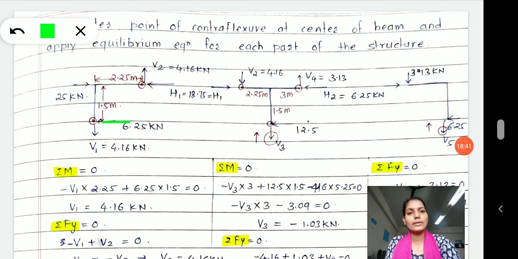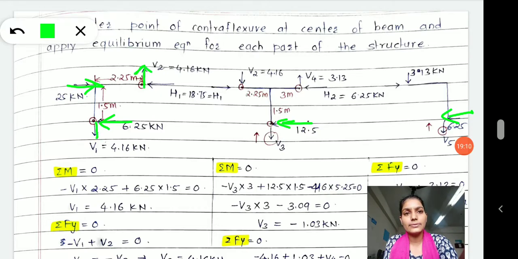Okay, so these forces are known to us. Which other force is known to us? The 25 kilonewton acting on the frame, which is already given in our problem. They have stated that a horizontal force of magnitude 25 kilonewton is acting on the first story. Simple. Now this vertical force